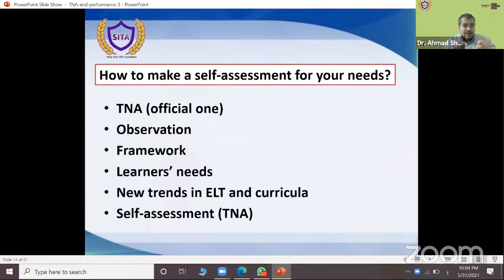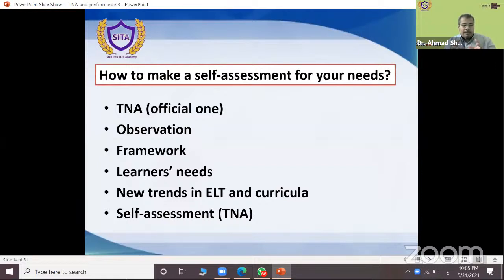Please again, learners' needs. You have different learners. Learners are not the same, and they don't learn in the same way. So you need to train to develop your skills according to your learners' needs. Also, we have new trends in ELT, English language teaching, and the curricula. For example, in the last maybe 5 or 10 years, we have a new trend in teaching, which is CLIL, which is added to English language.